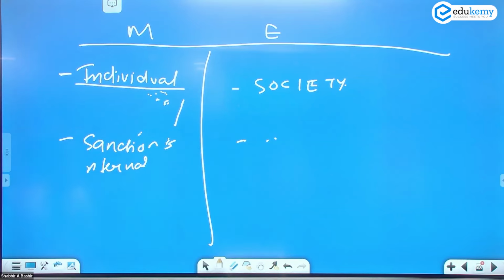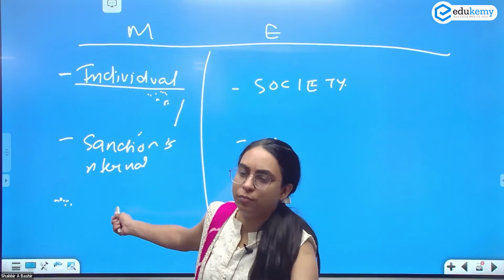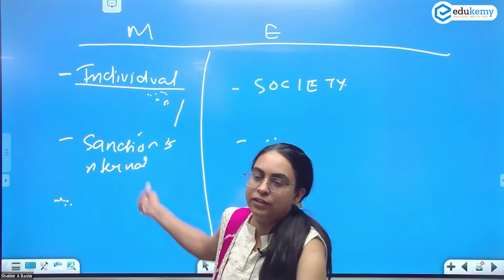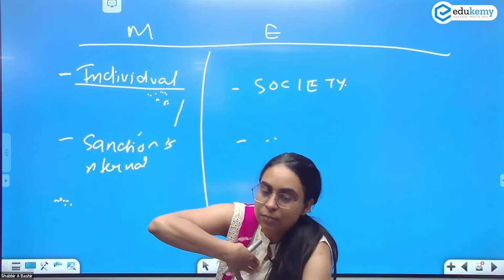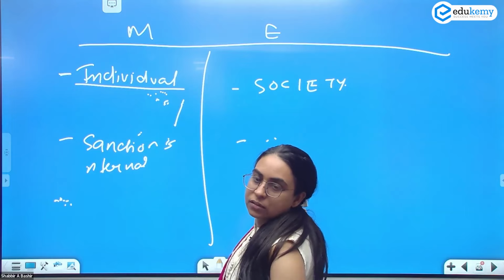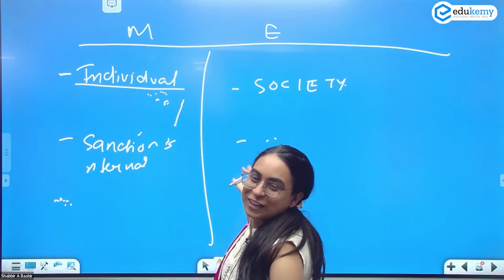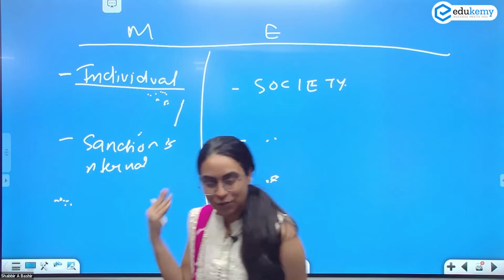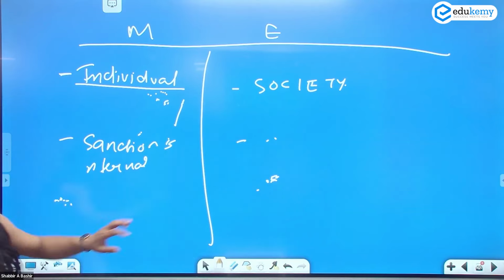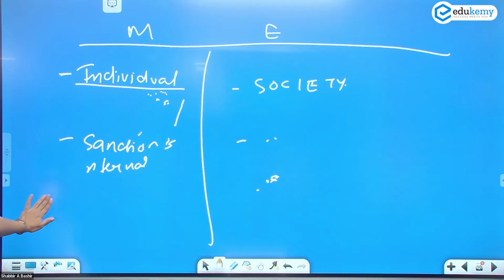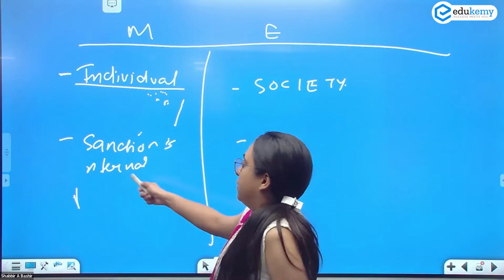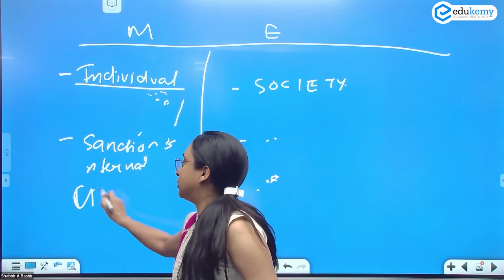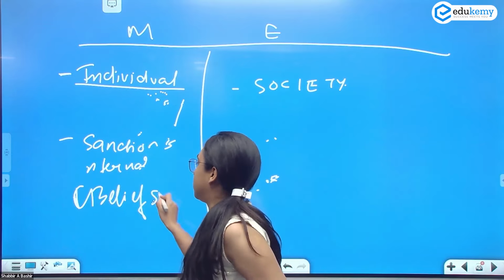Why should I follow morality? Why do I have this basis of morality? क्योंकि मेरा belief system है. That is what I believe in. Why do I follow ethics? Because society में रहना है. ठीक है? So why should one follow morality? तो यहाँ पे लिखो. The sanction is internal. Belief system. It is the belief system. Where यहाँ पे the sanction is internal. क्या sanction है? The sanction is the belief system.